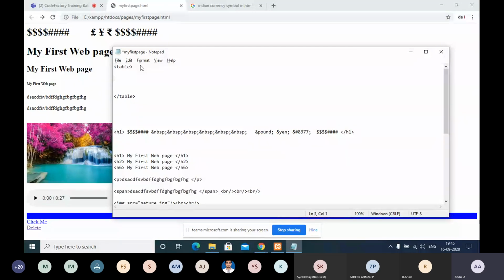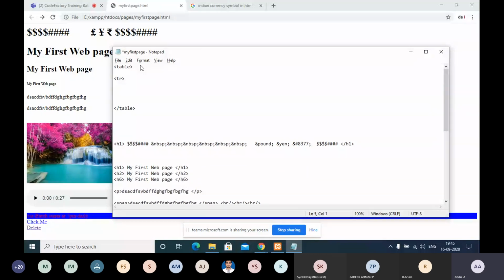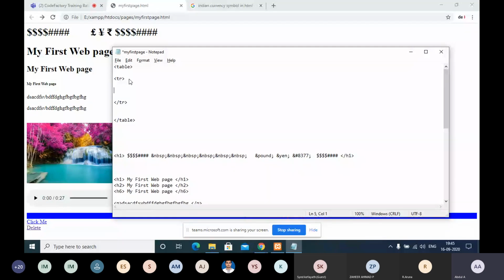To make the table headers, we first need to put a table row. For example, I am opening the tr tag, and I am closing the tr table row tag. To close the table row, I need to use the slash, right? Now I am just creating table headers. For a profile table, what column names will be there? Could you please tell any column names?